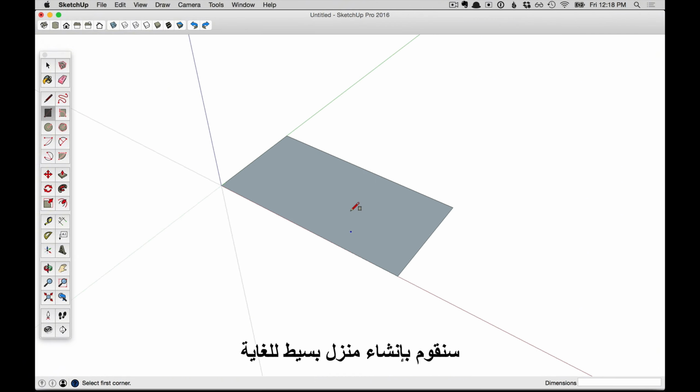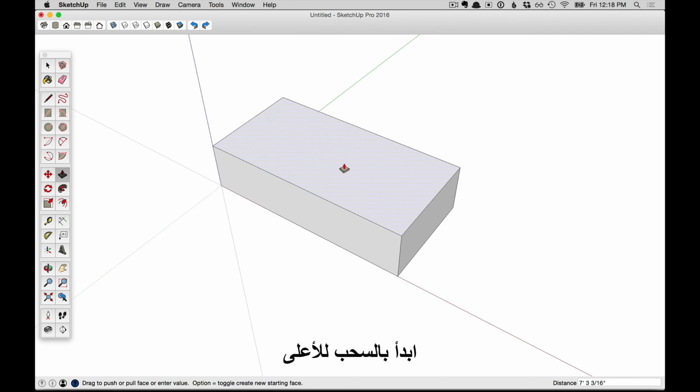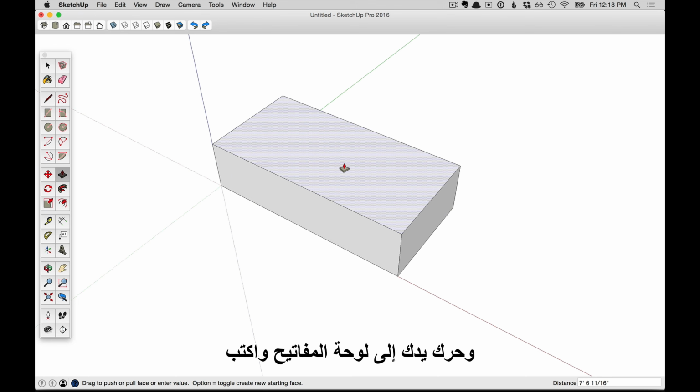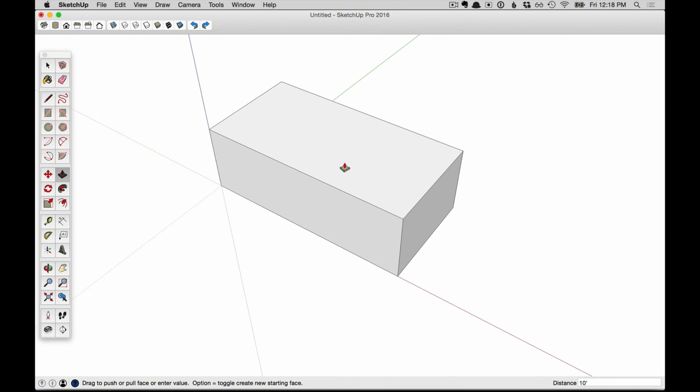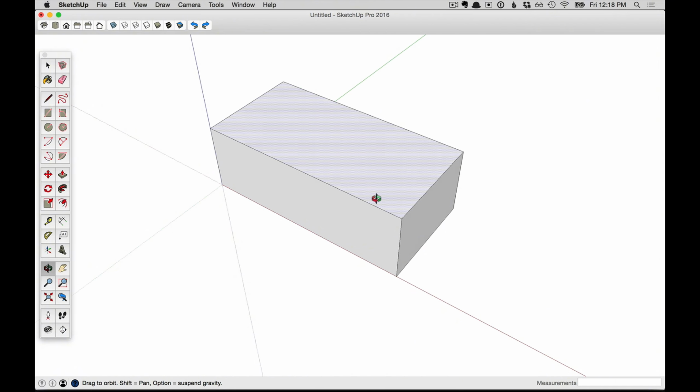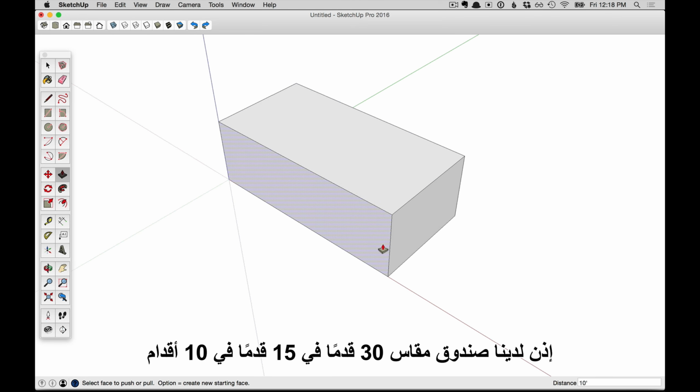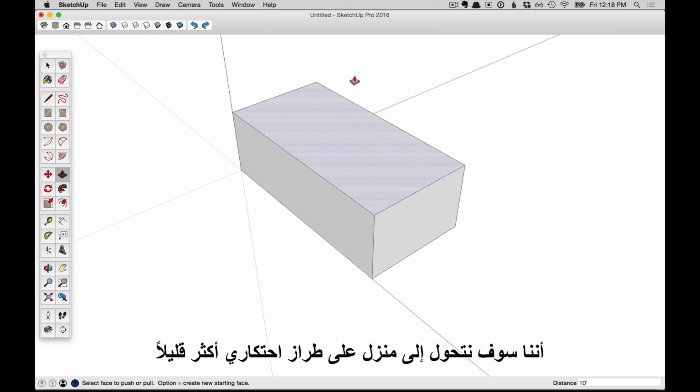We're going to create a very simple house. So press P for push-pull, hover over this flat surface, click, begin push-pulling up, and move your hand over to your keyboard and type 10 and the foot mark for feet and press return. So we've got a 30-foot by 15-foot by 10-foot box